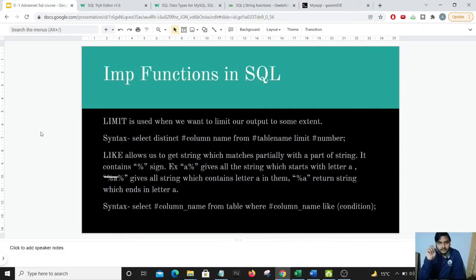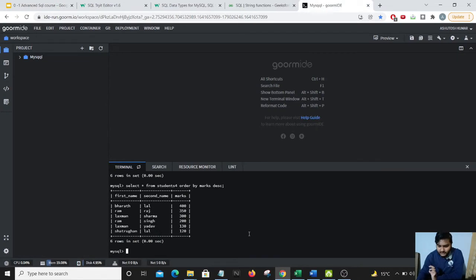Limit function, which we use when we want to limit our output to a certain extent. I mean, we just want the first 5 rows or first 3 rows. Let's say I just want the top 3 scorers in my class, so I'll be using the limit function in that case. Just quickly move to the editor, and I want the first top 3 scorers